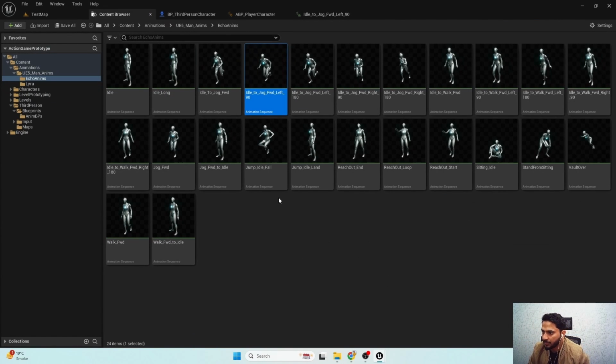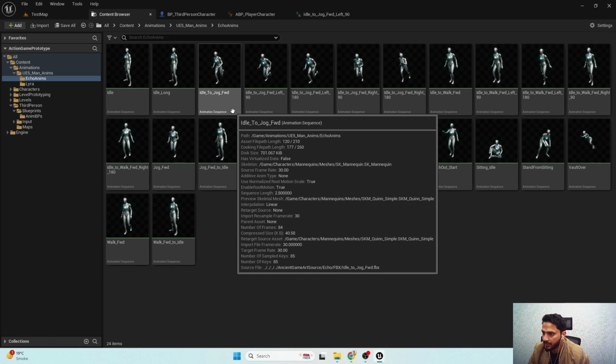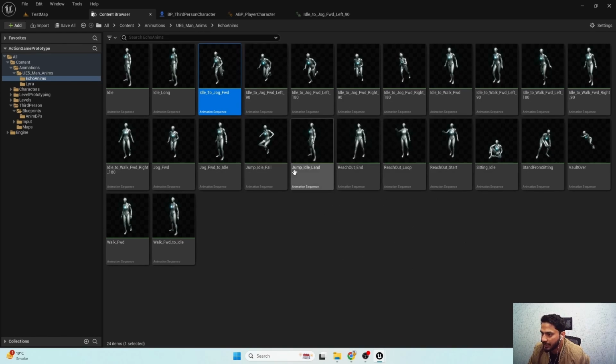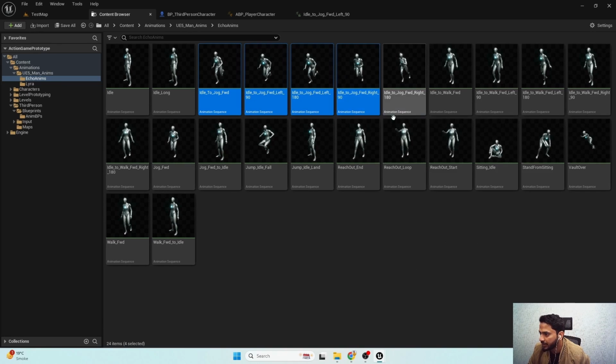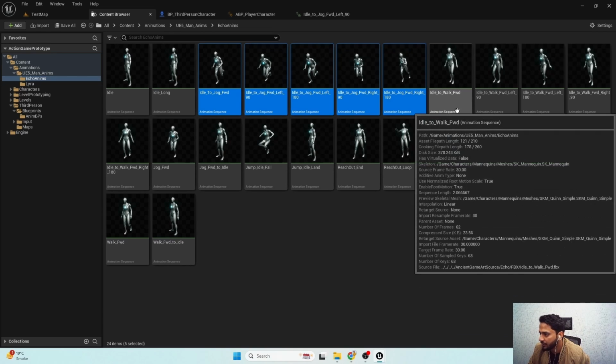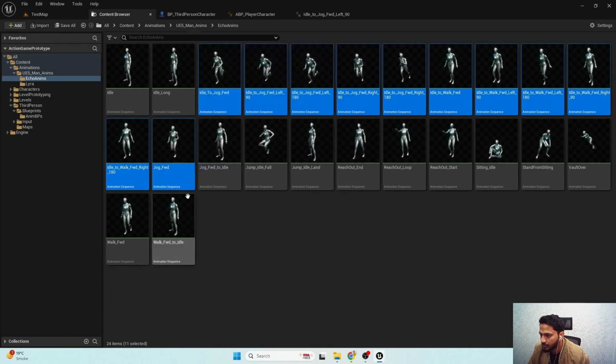So real quick, I'm going to select all the animations: idle to jog forward, 90, 180, 90 right and 180 right, and I'm also going to select idle to walk, all the animations, walk forward, jog forward. So we have selected all the start animations and looped animations. I'm going to right click